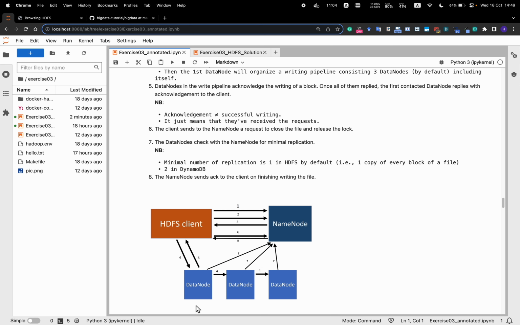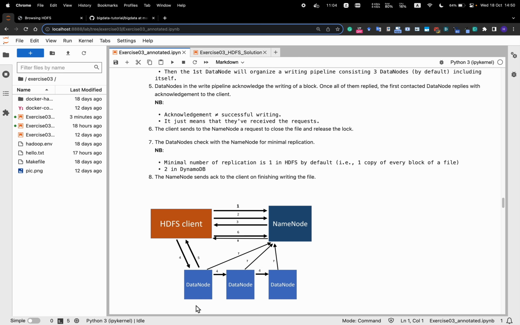Or what happens? Right. So if the minimum replica count was not reached, this writing operation is not successful as a whole. So the client needs to do it again. But of course, for the blocks that have been written, you don't need to do it again. But for the blocks missing, I'm afraid you need to send them again, because no copy was in the cluster. So yeah.